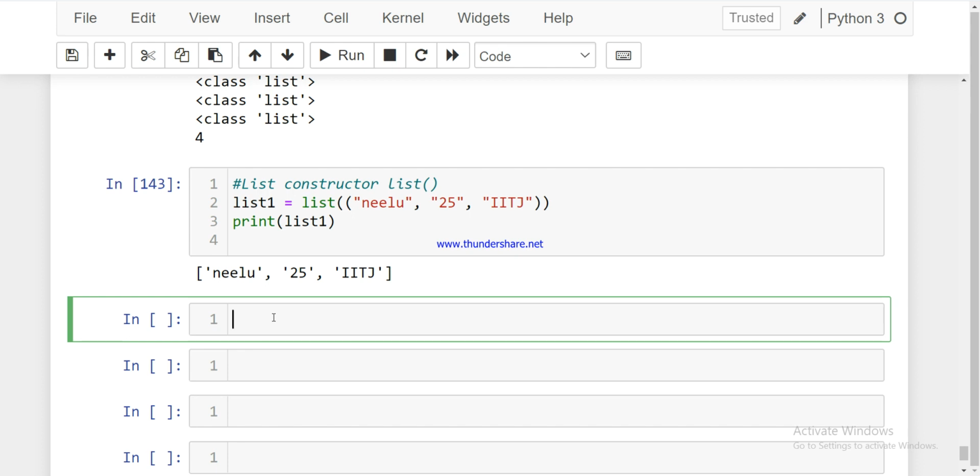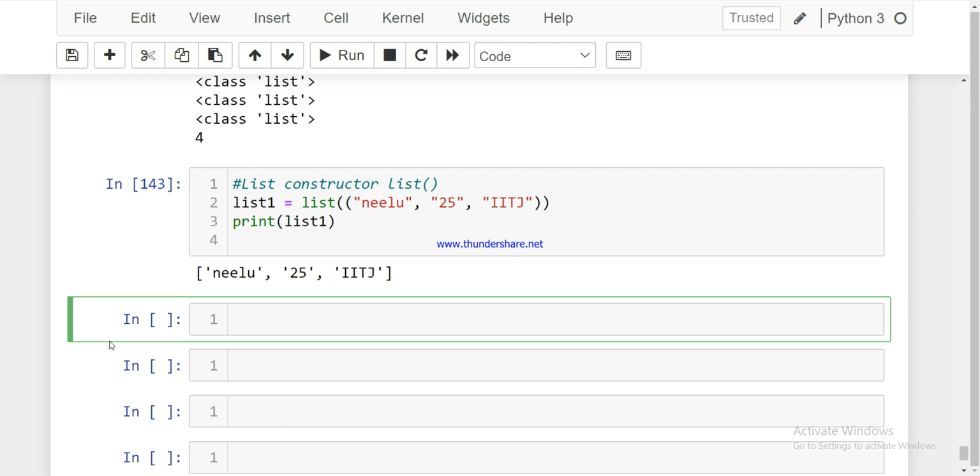Then after tuple we will talk about set, and set is also a collection which is unordered and unindexed. The difference is it does not contain duplicate members. So remember, set does not contain duplicate members, and tuple is unchangeable. Then we will talk about the dictionary. Dictionary is also a collection which is ordered and changeable, but with no duplicate members. This we will talk about in further lectures.